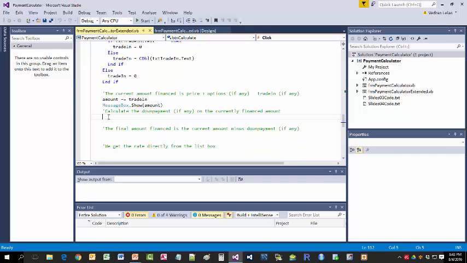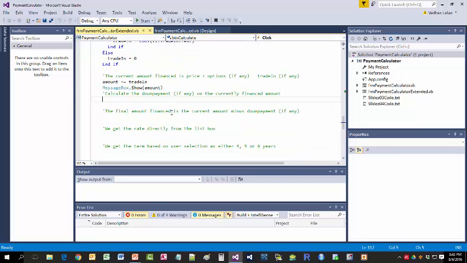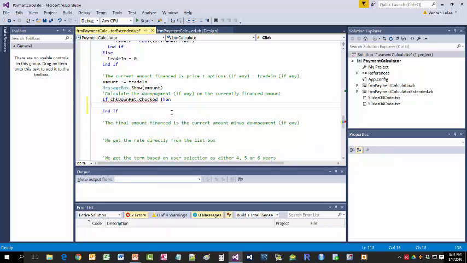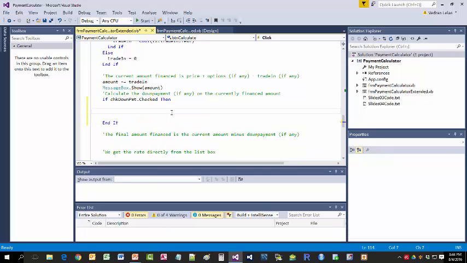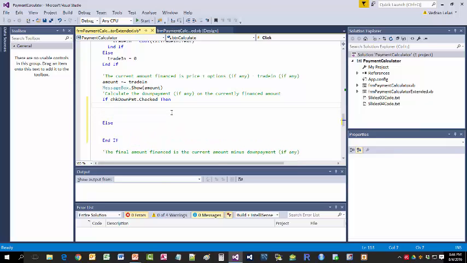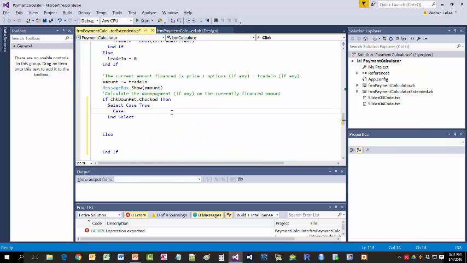Scroll down to after the calculate the down payment comment and type the following. If CHK down payment dot checked is true, then, and leave the space for else, select case true, first case,